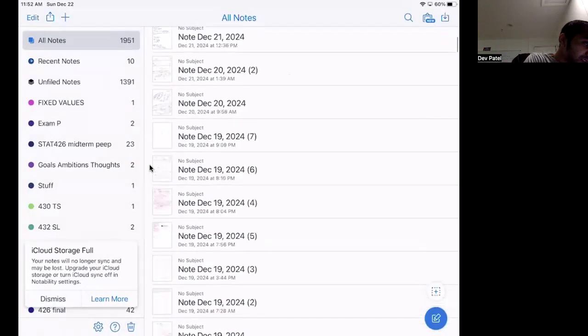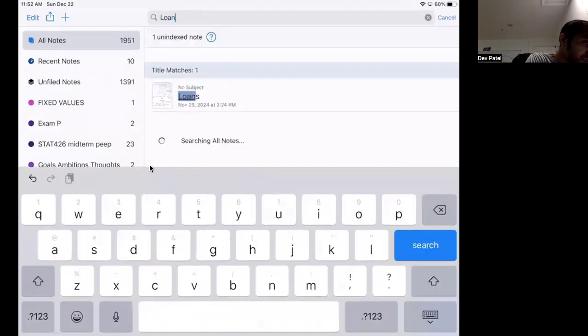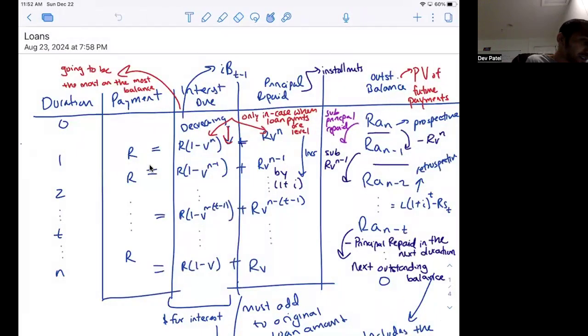And then let's go to the concept of loans again. So obviously this is another important topic. One version of these types of problems is when the payment amount is level, meaning we have the same payment amount for every single time step. So we start off with the original loan amount. Note that the interest due will always be equal to the interest rate times the previous outstanding balance. So for the first one, the amount of interest due would equal the interest rate times the outstanding balance,